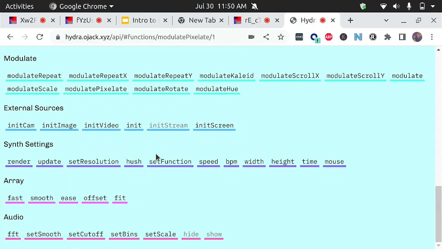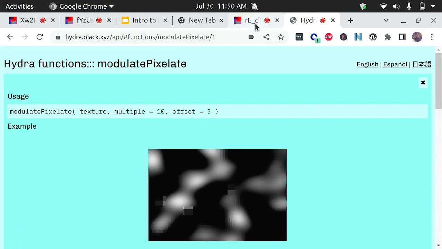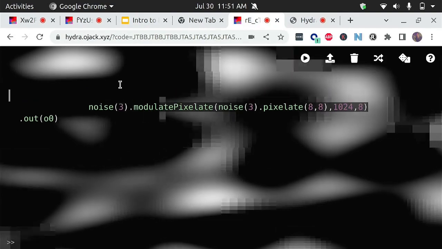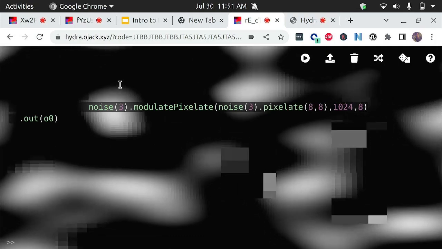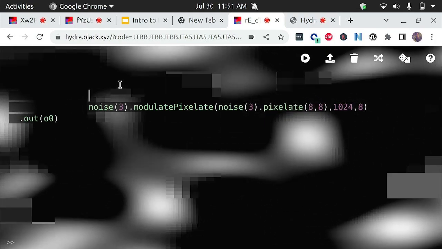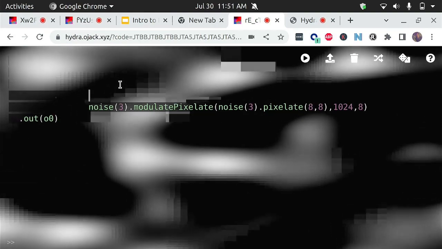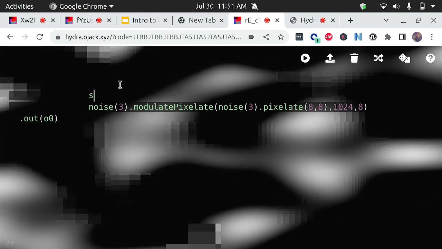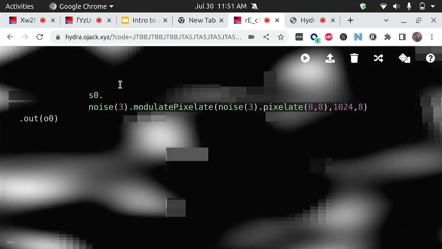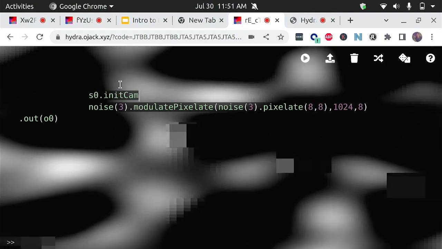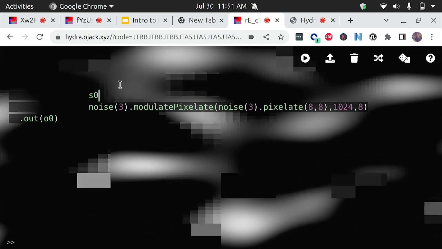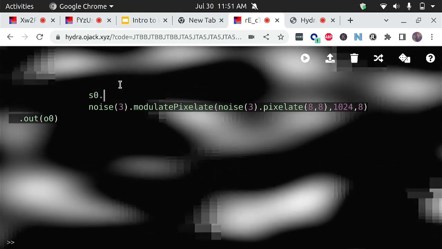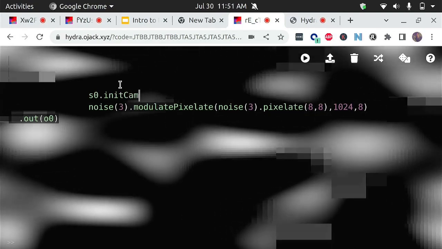So one of the last things I want to touch on very quickly is the idea of using the camera. We talked a little bit about buffers, and those are useful, but another interesting thing is init cam, like this source. It's similar to buffer, but it's a source. It's an input rather than an output. S0. You can call this init cam function on it,